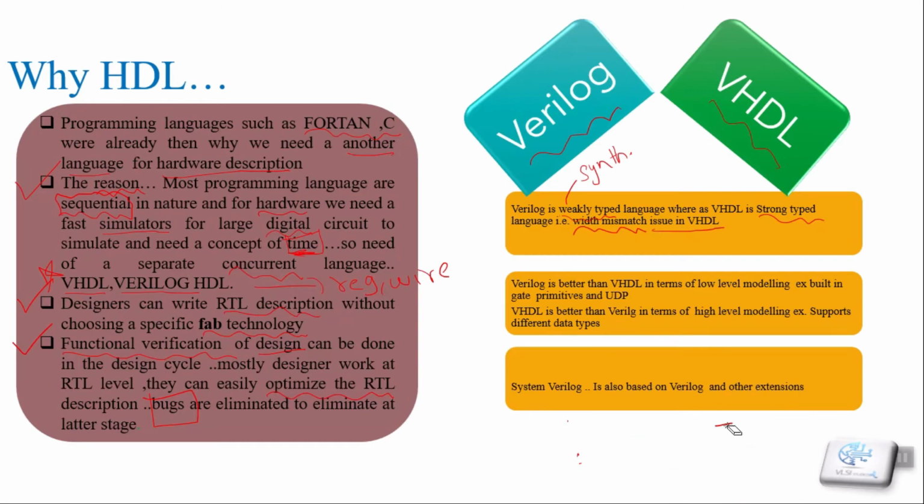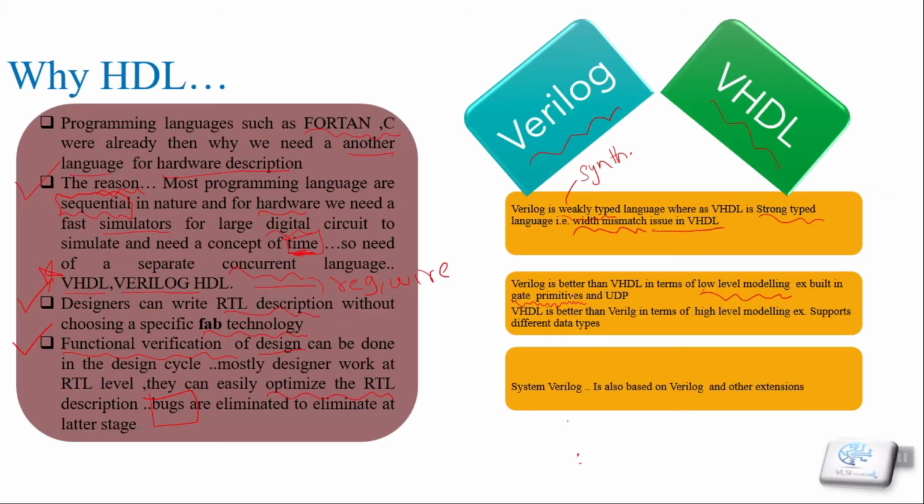So now the second difference is that Verilog is better than VHDL in terms of low level modeling. The meaning of low level modeling is that when we are defining our hardware at the low level, at the gate level, Verilog supports that because it was originally created for modeling and simulating logic gates. So in Verilog, a lot of gate primitives are already defined, so we can simply use and instantiate those in our Verilog code, like AND gate, NOR, NAND, buffer,